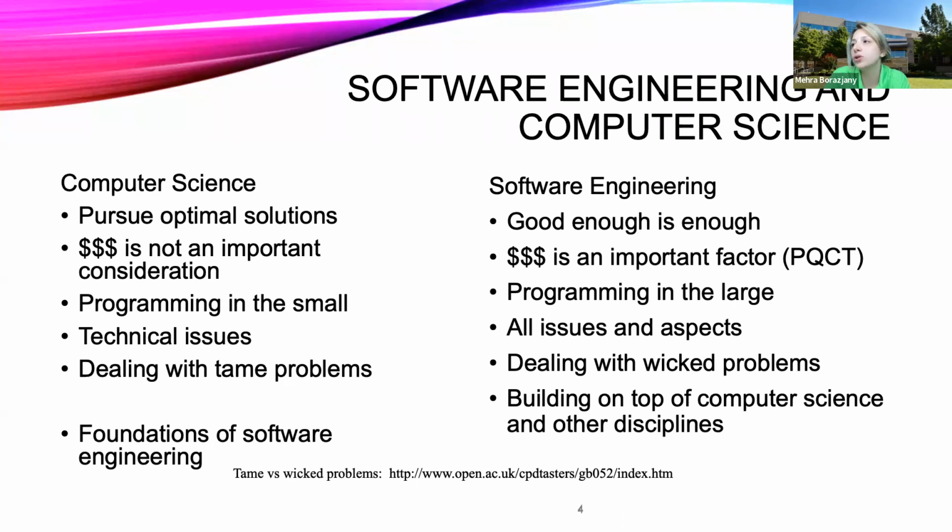And so those problems usually, we're looking at the market, and the price is important for us. We're trying to stay below a certain budget. We need to get to the market, to our customers, as soon as possible. Otherwise, we're going to lose the market, and therefore we're not going to have any profit out of it. The problems, as I said, are very large. We're going to build over multiple years, 10 years, million lines of code, with multiple different groups of people working on it. So the scale of it is completely different from the scale that we deal with in